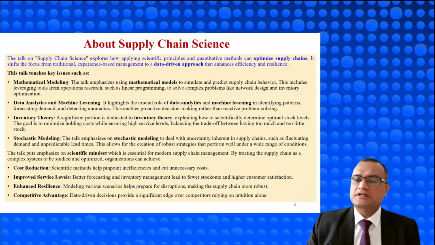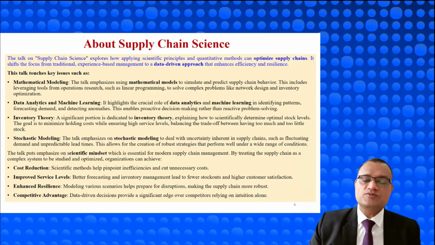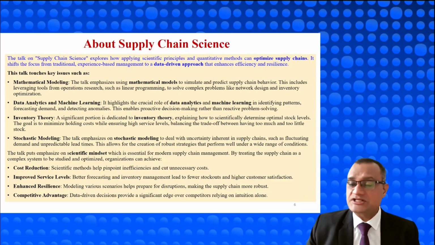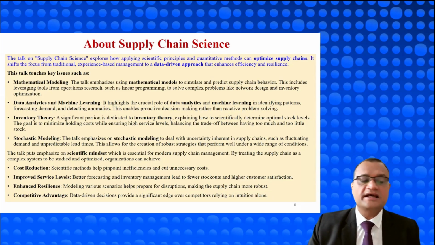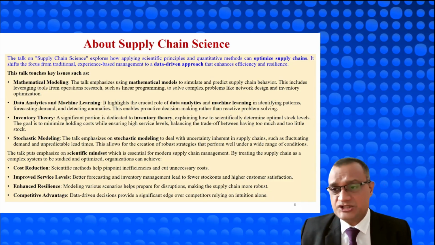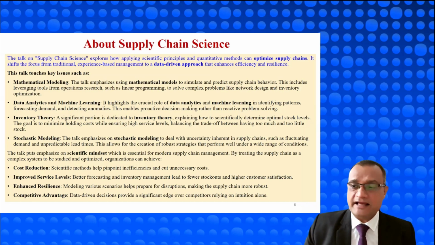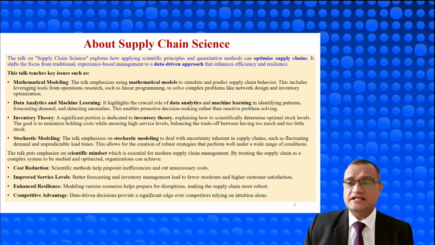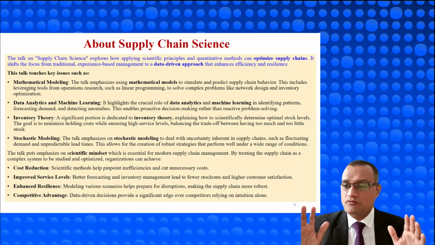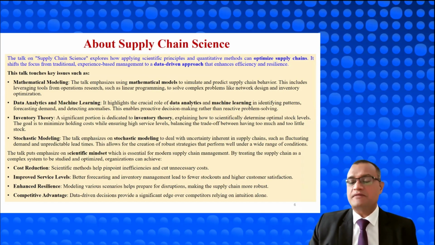When we talk about the different optimization approaches within supply chain, it broadly becomes part of supply chain science, which deals with mathematical modeling, data analytics, machine learning, inventory management theories, and stochastic modeling, to see that my decisions are data driven, scientific in nature, and not intuition based. Typically, my supply chains are global, highly complex, and there are geopolitical issues which are highly critical to address in today's context. So, with four important objectives, supply chain science aims to optimize the supply chain.